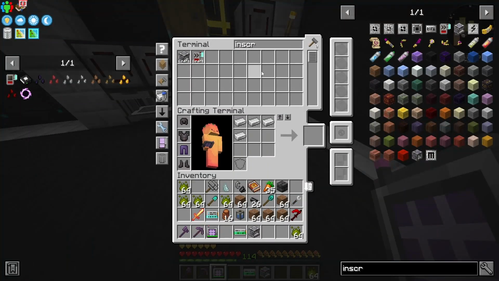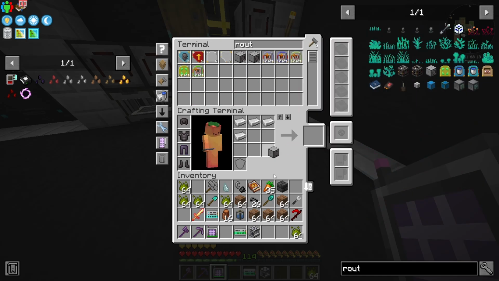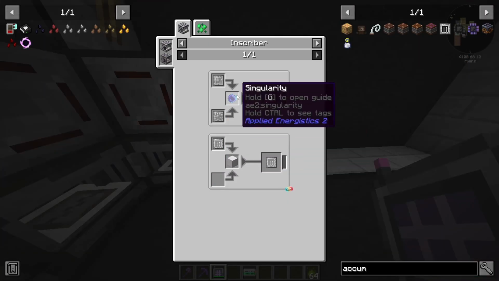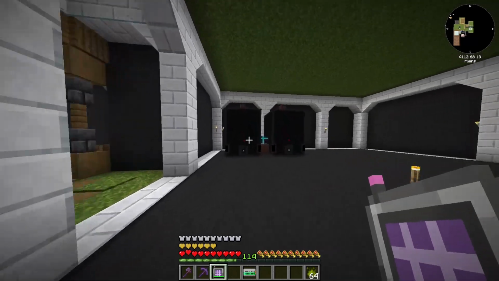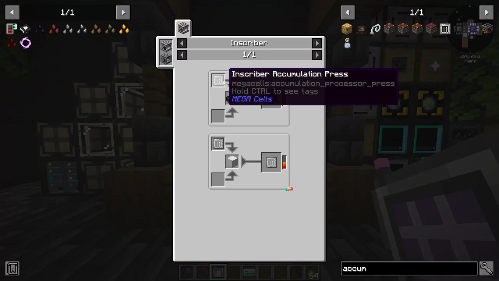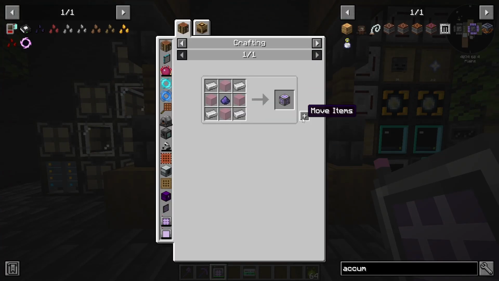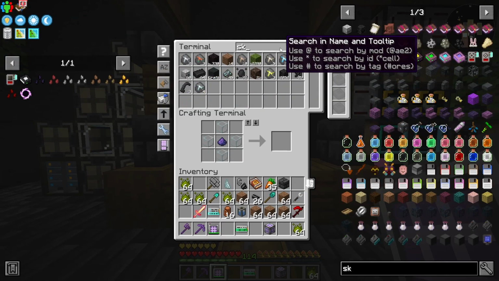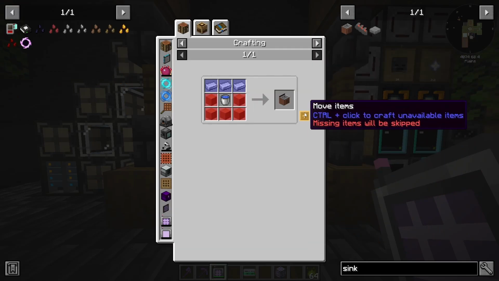Then we're going to need to get a new inscriber along with a router and everything for those new processors. Oh, singularity. We need the matter condenser. Oh, buddy. Alright, side tangent. To get the press that we need to make accumulation circuits, we need singularities, and these are made in the matter condenser. Now, the easiest way that I learned how to get singularities fast is to get a couple of